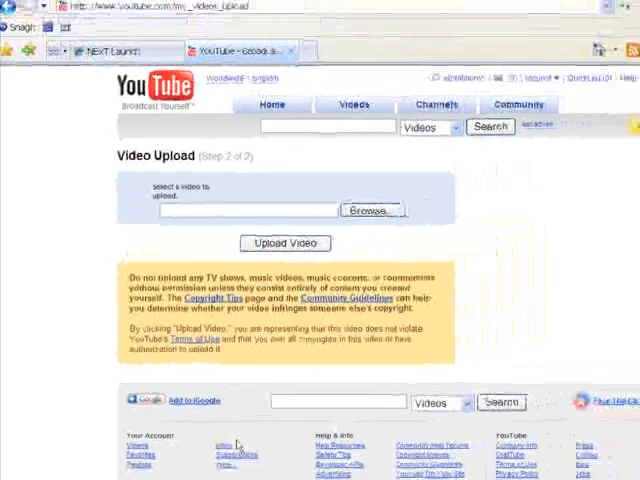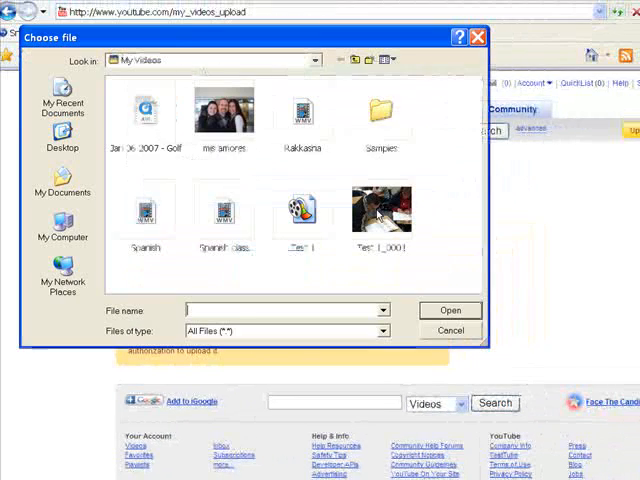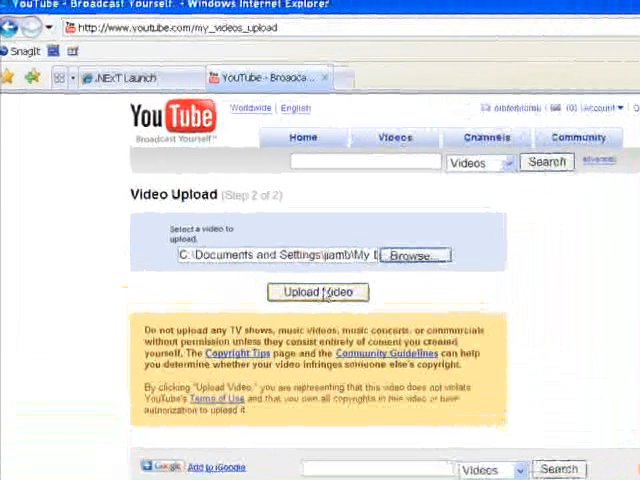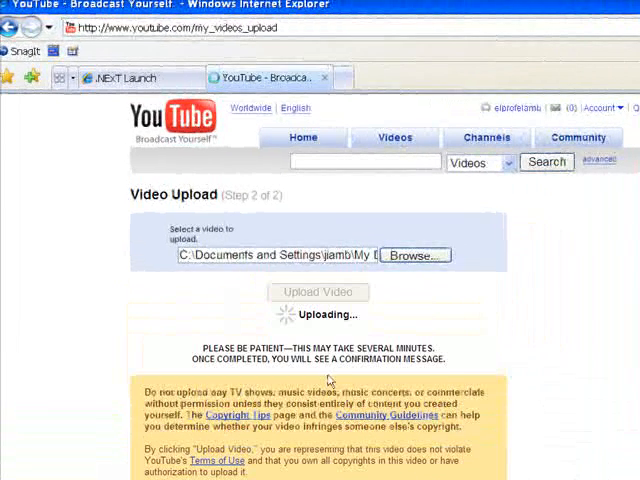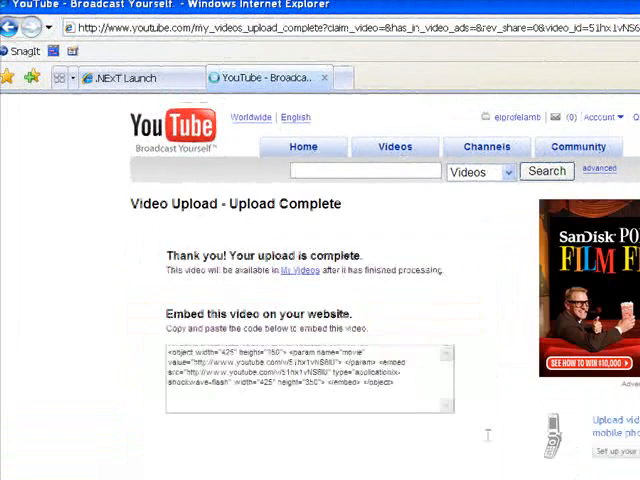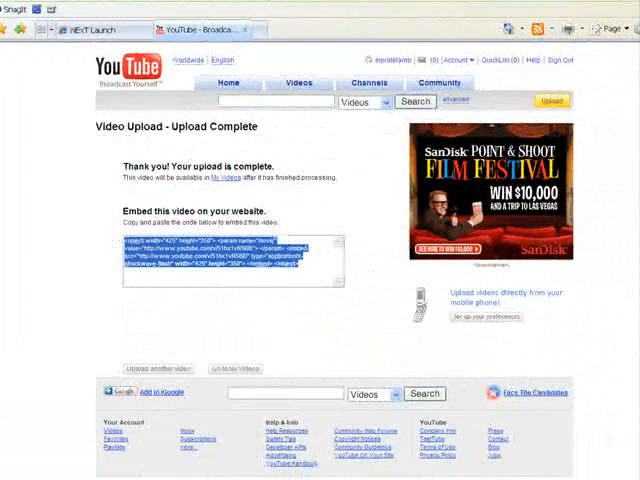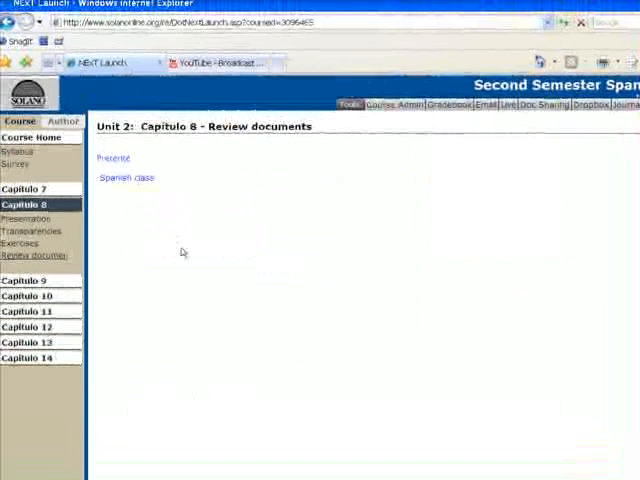So I'm going to upload the video now. So now I'm going to browse for the video. There it is. Open, and then upload the video. It takes a little time for it to do its business. That was pretty quick. This is the key of what I want here, is this embed code. So I'm going to copy it, right? And now I go back to my